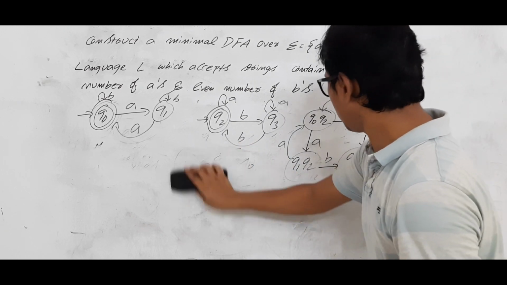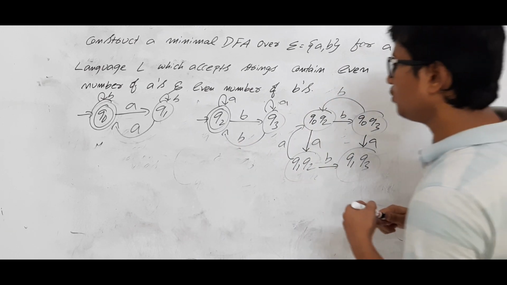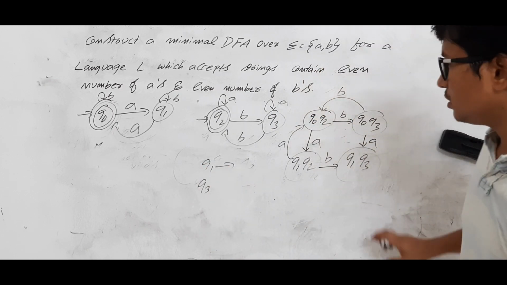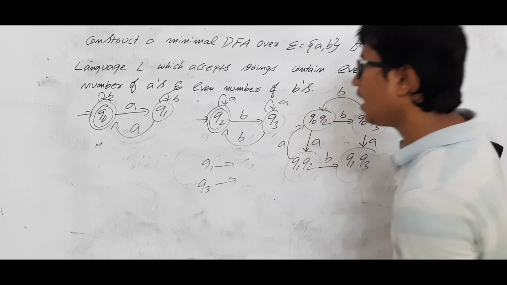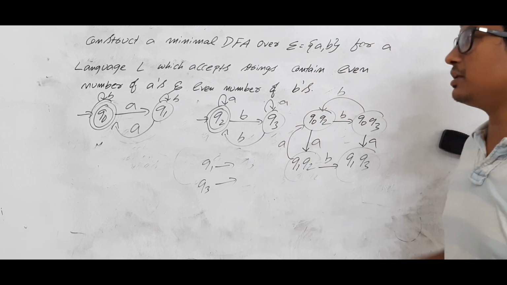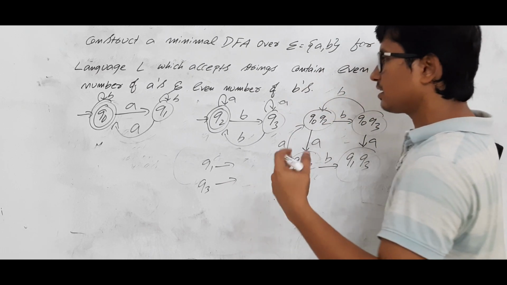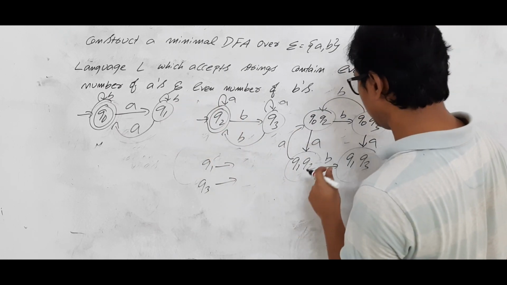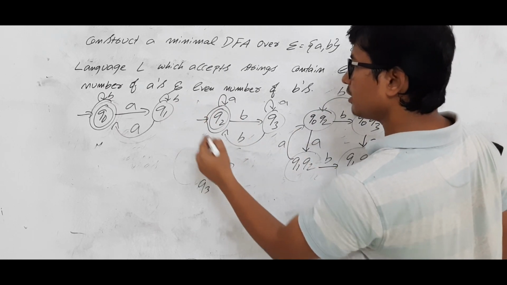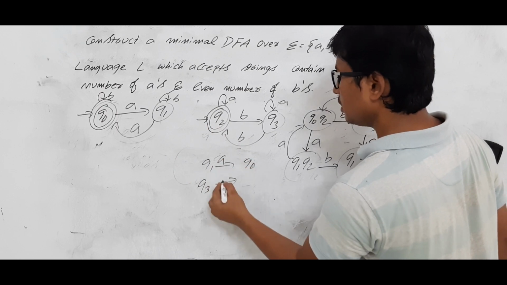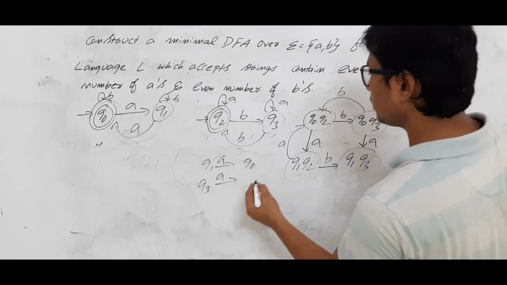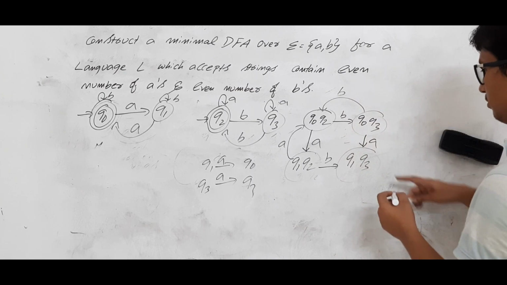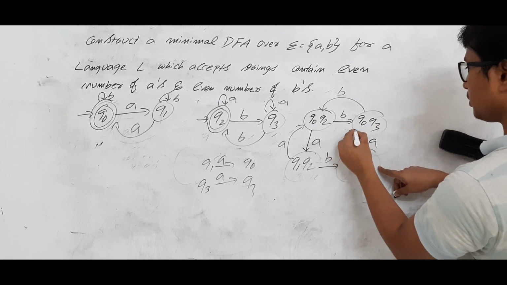Now we'll solve the last one, Q1, Q3. It will take some time, but be patient so that you can understand the solution and find the solution for similar types of questions. I can construct it in a simple way directly, but I am solving it in this way. Q1 on A, it is going to Q0. Q3 on A, where is it going? Q3 itself. So from Q1, Q3, on A, it is going to Q0, Q3.